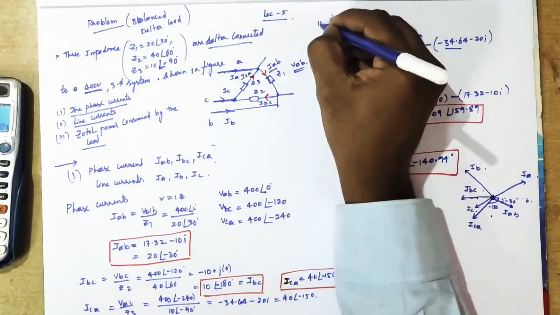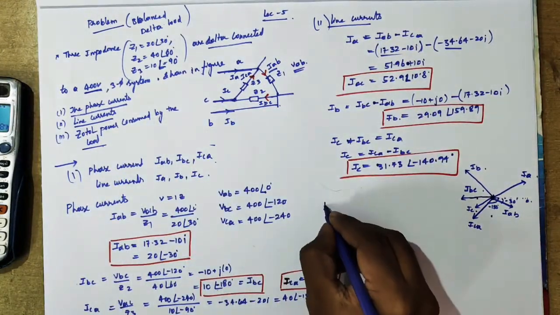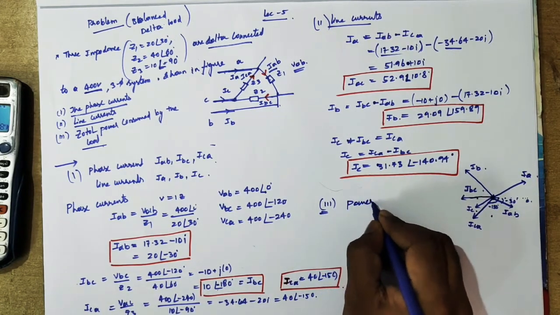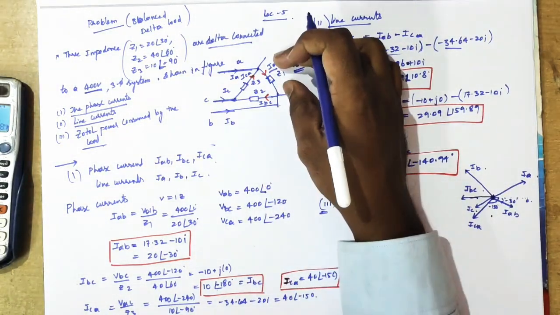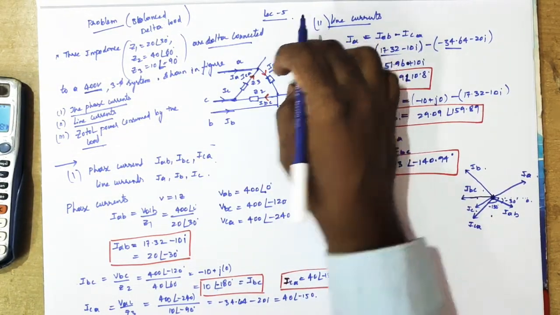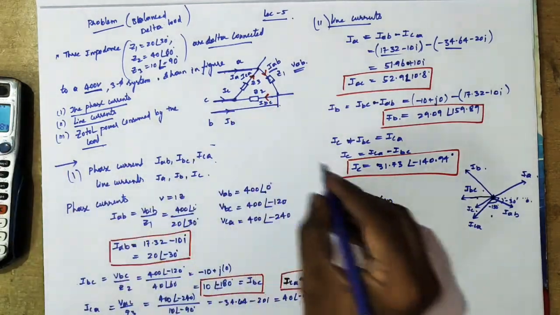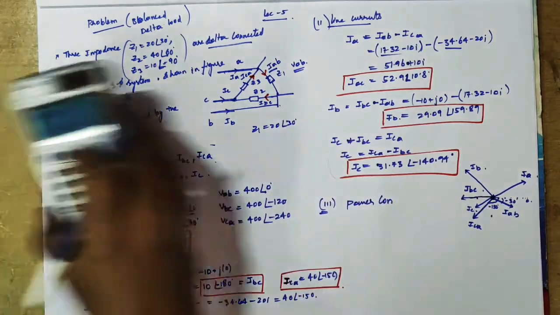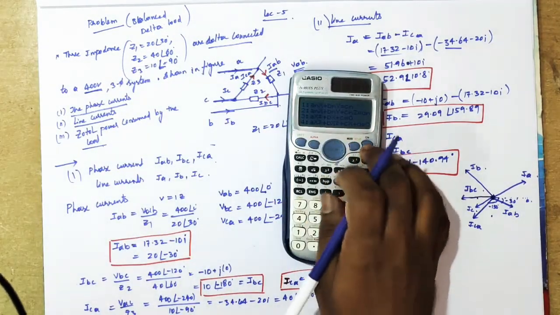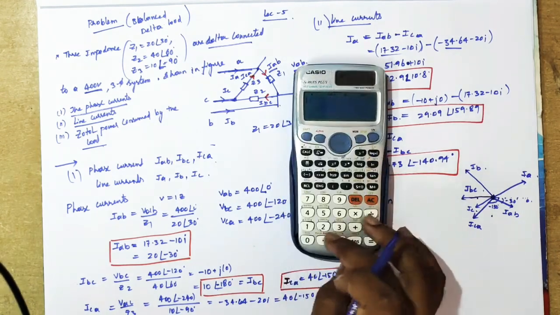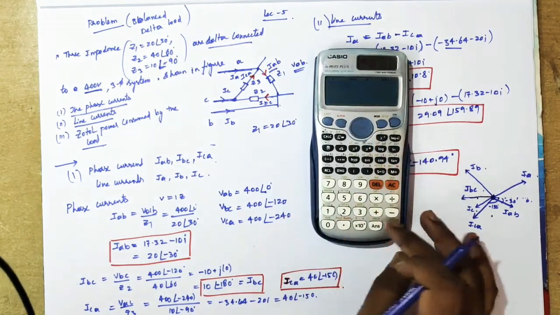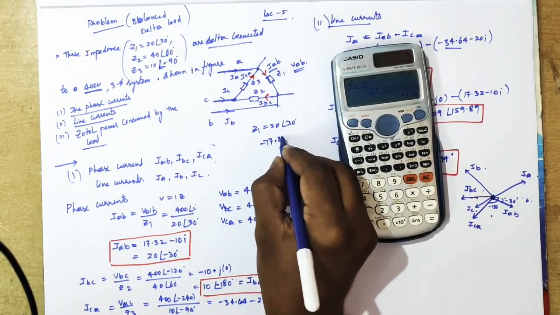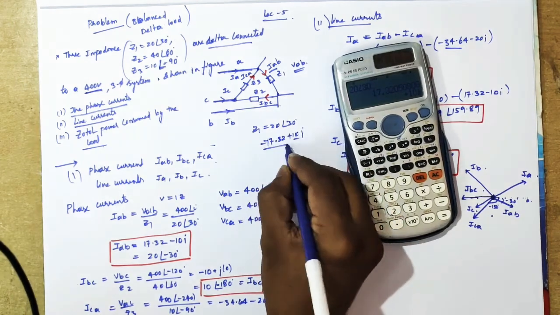Now they want you to find the total power consumed by the load. This is an important thing you need to understand. So what is the power consumed? We have reactive and resistive parts, right? Z1 is 20 at an angle of 30. Converting into complex form, 20 at an angle of 30 gives 17.32 plus 10i. So the resistive part is 17.32.